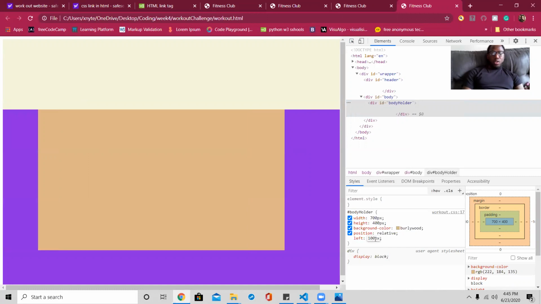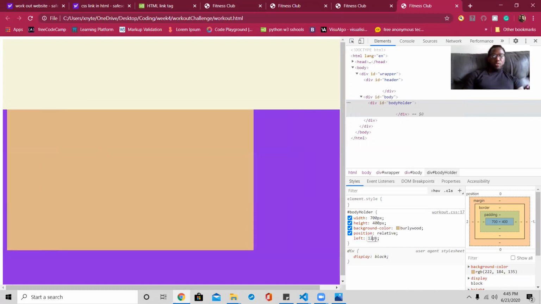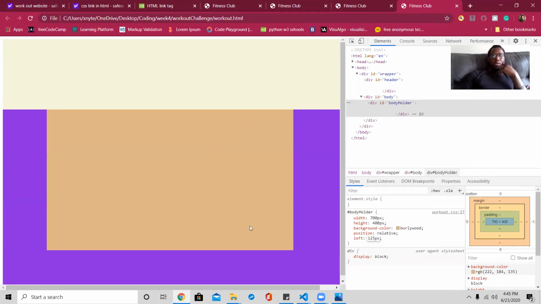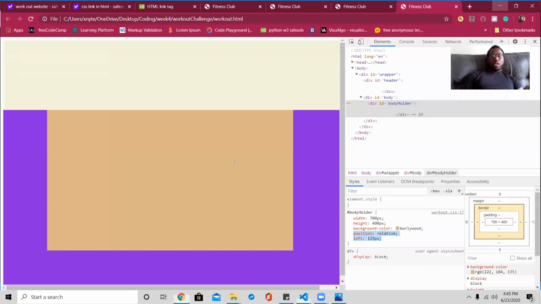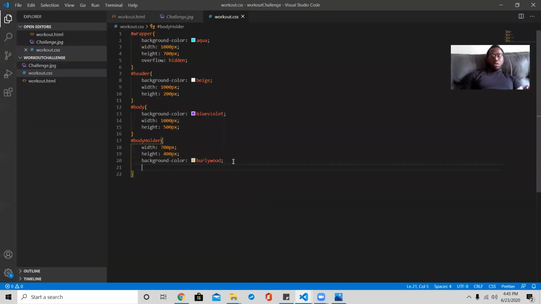125. There we go. So that's about even. So we want to add position relative and left 125 pixels. That looks about right. If it doesn't, we can change it later. So body holder, let's do that. Cool. So now when we go back,